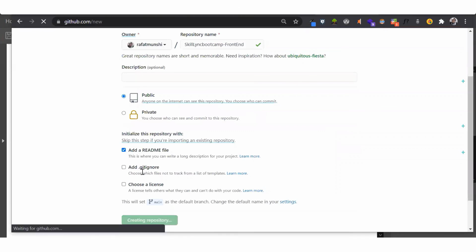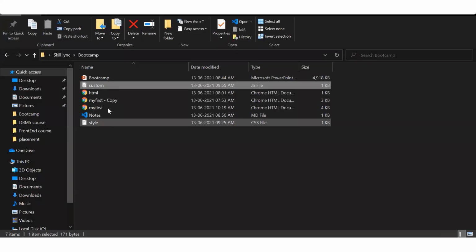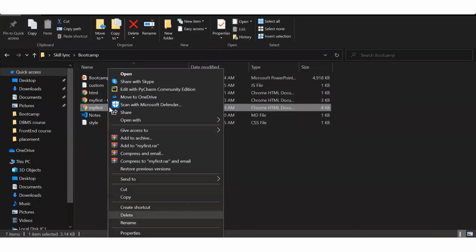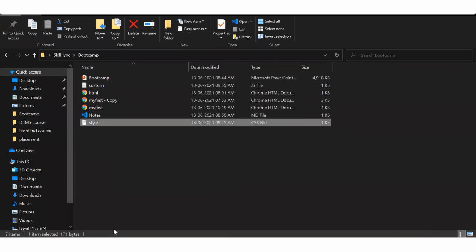Repository, you would see that you can make changes in this particular README file. So you have this README. You can definitely make changes over here, and whatever code you have. So let's say I have this code in which I have my first HTML page. So what you can do is you can just rename this to login or register page or anything which you want. And then you have this custom.js, style.css.